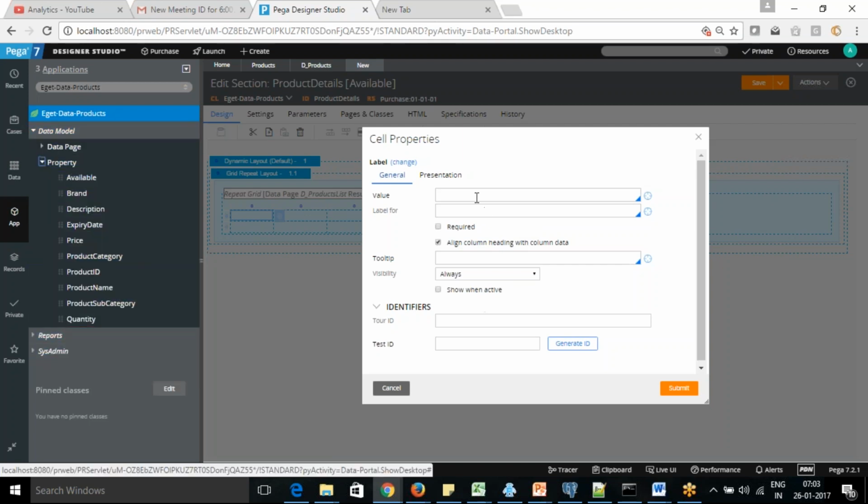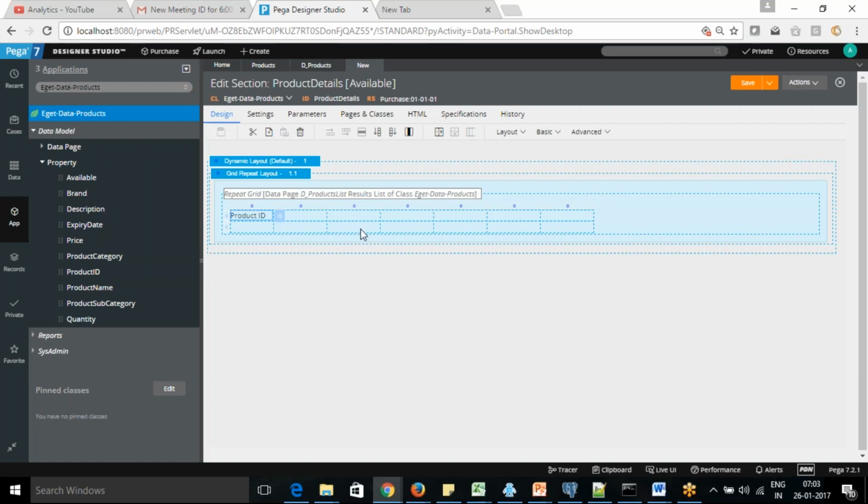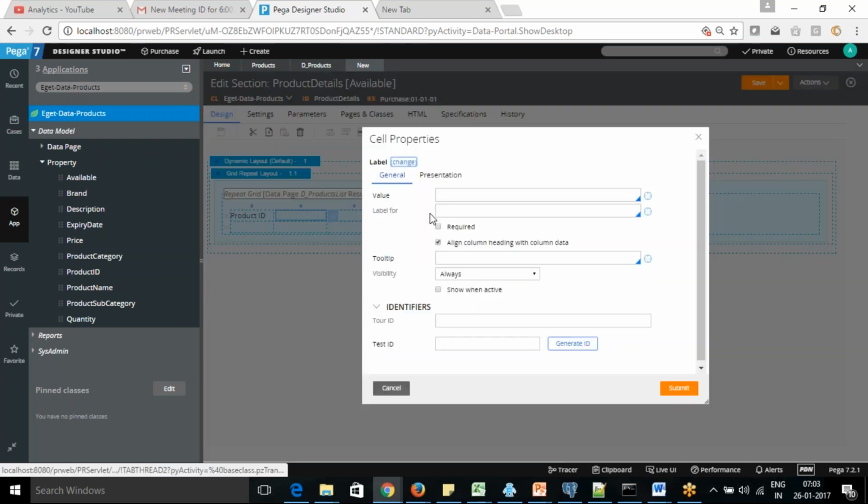Yeah, all the properties are here on the right. Oh, this is the label only. Sorry. Okay, this is the label only. You are going to put it here. So at the top, we are just putting the labels.